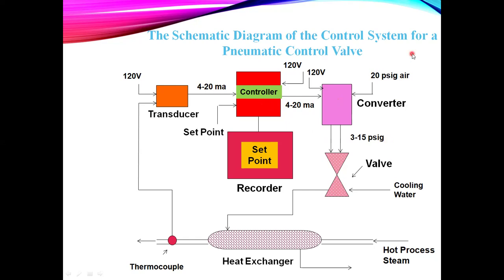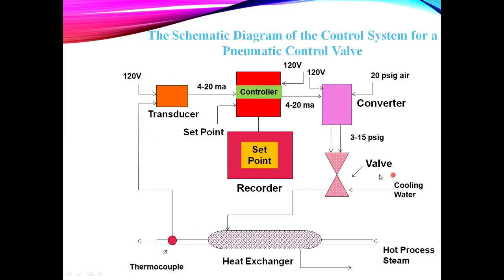That will subject the diaphragm of your control valve, whether it needs to go up or down, depending on the flow rate of the cooling water that is needed. So you have two added pieces of equipment here in your system, aside from the controller, the brain of your control system, and that's the transducer and the converter. The transducer converts the physical signal of temperature to an electrical signal. The converter converts an electrical signal into the physical signal, which is the pressure needed on the diaphragm